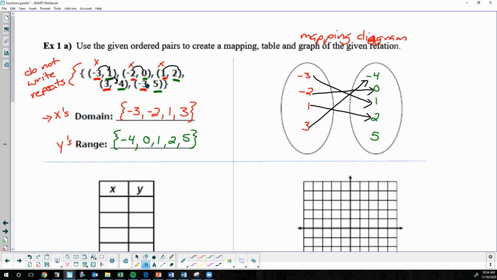And then here's that second -3. -3 goes to 5. So you go back up to -3, and that one gets another arrow, which if you recall correctly, tells you something about whether or not it's a function. But right now, we're just getting everything created. Okay, moving on